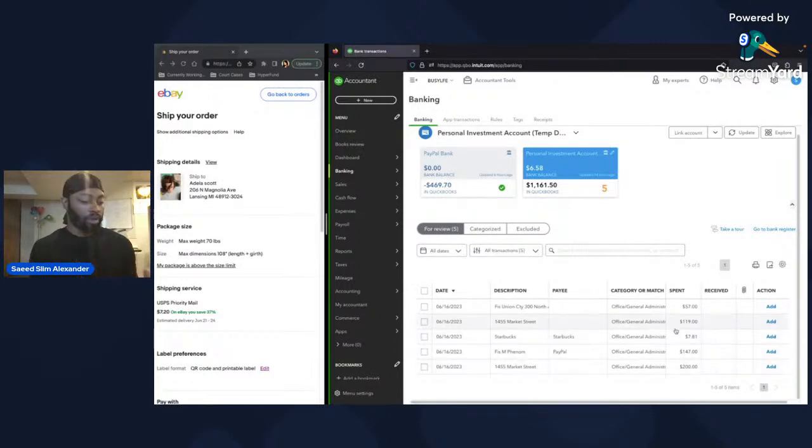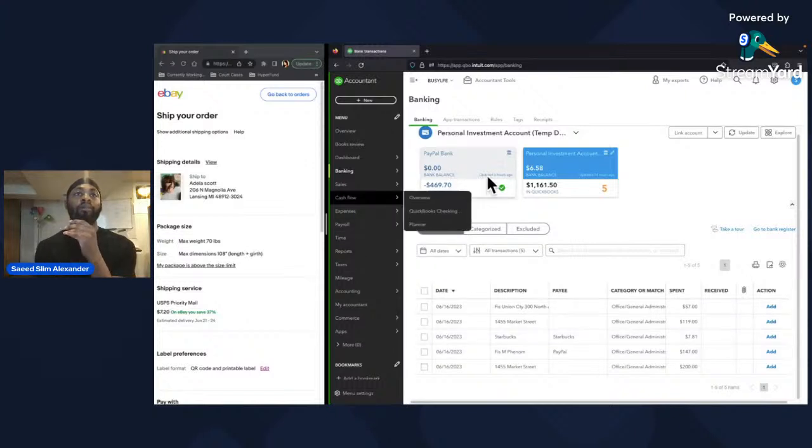But as you see on this bank account, I'm showing you, all right, it's this much money inside of the bank account and this much money inside of the QuickBooks. So when you do accounting, you want everything to match your bank statement so it makes sense and shows you how much money you're making. This number is going to be different because